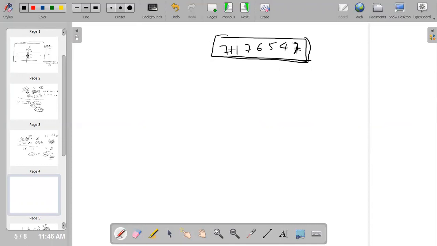I already explained in the beginning: if you do modulus, you can get the rightmost digit. If I do modulus of this number, I'll get this 7. But how can you get all the left digits?